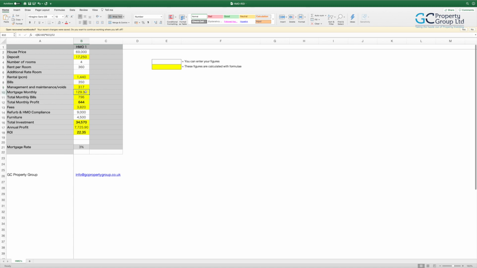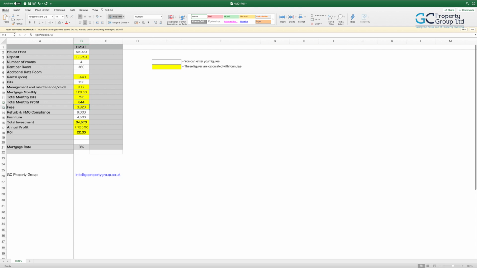So if we carry on looking through here, your monthly mortgage payments would be based on the amount being mortgaged, which is your house price minus the deposit you've paid. It will then look at your mortgage rate. So for this calculator, we've got a percentage field down here, so you'd enter the mortgage rate you can get within here, and then it will automatically calculate your monthly mortgage payments. Again, all our mortgage payments here are based on interest only mortgages. I always prefer to keep my capital and use it in another property deal. So your total monthly bills here would be your bills, your management, maintenance and your mortgage costs, giving you the monthly profit of